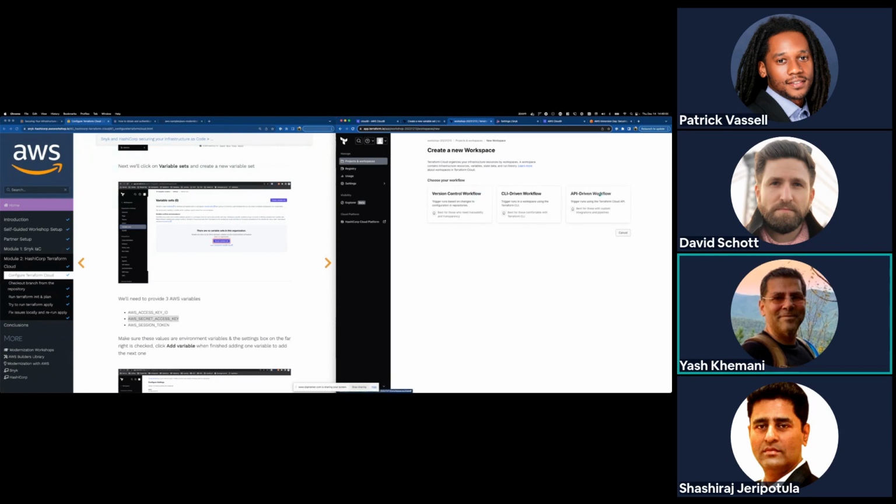And then we also support an API-driven workflow. So there's an API for Terraform Cloud. So when you have a pipeline that does tasks before and or after your Terraform run. For example, some people will run Terraform to provision, and then they might run Ansible to configure the infrastructure that they've provisioned further, for the things that need to be done post-provisioning. This workflow makes a lot of sense.